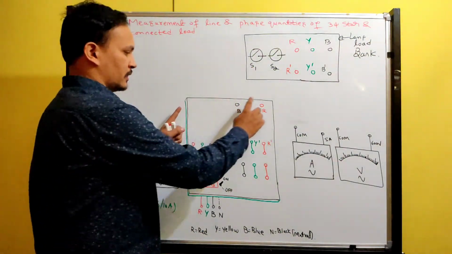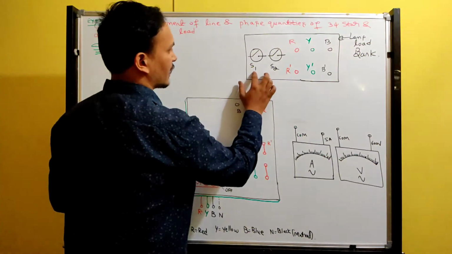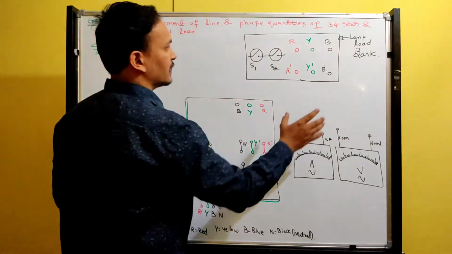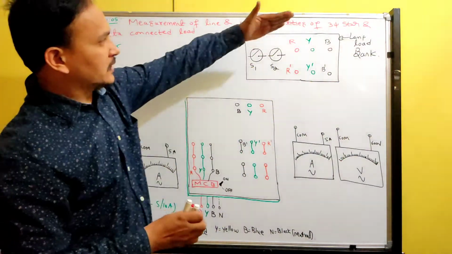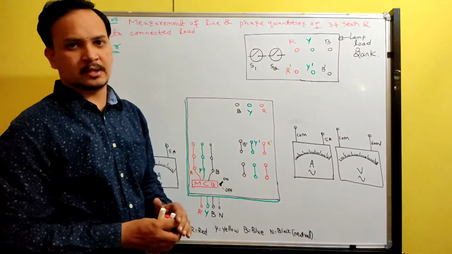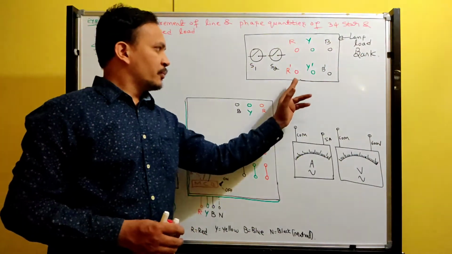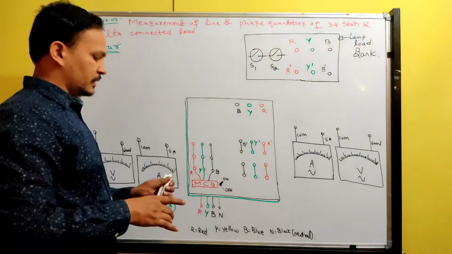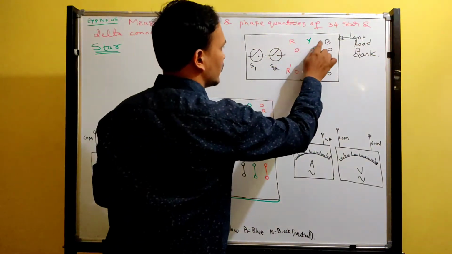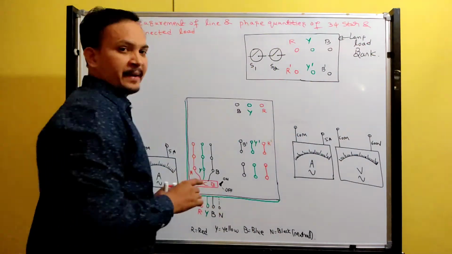So this is called the test kit, and this is the lamp load. Okay, consisting of 2 switches, and finally in the outlet there are 6 terminals. So top 3 terminals and bottom 3 terminals. Top 3 terminals are starting terminals and bottom 3 terminals are finishing terminals. Okay, so the starting terminals we named as R, Y, B. The finishing terminals are named as R dash, Y dash and B dash.